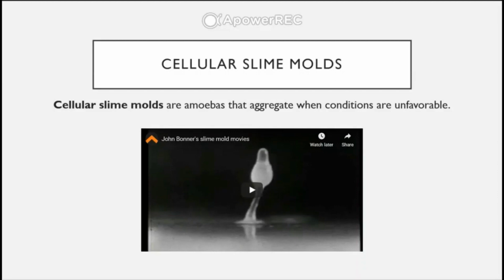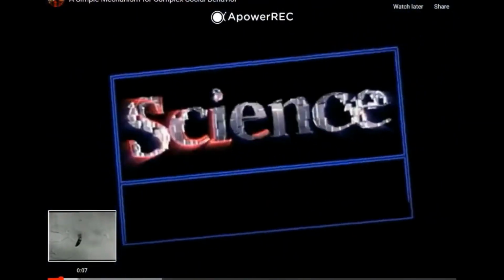Slime molds are a perfect example of what a mess DNA evidence has made of traditional taxonomy. Slime molds were once thought to be fungi. Their slime name comes from a part of their life cycle where they can look slimy. However, they are actually not fungi at all and not even closely related to them. They also can have what appears to be a fruiting body or a mushroom-like appearance, but again, they are not related to fungi. Okay, so now I would like to share with you a video on how these slime molds actually look.